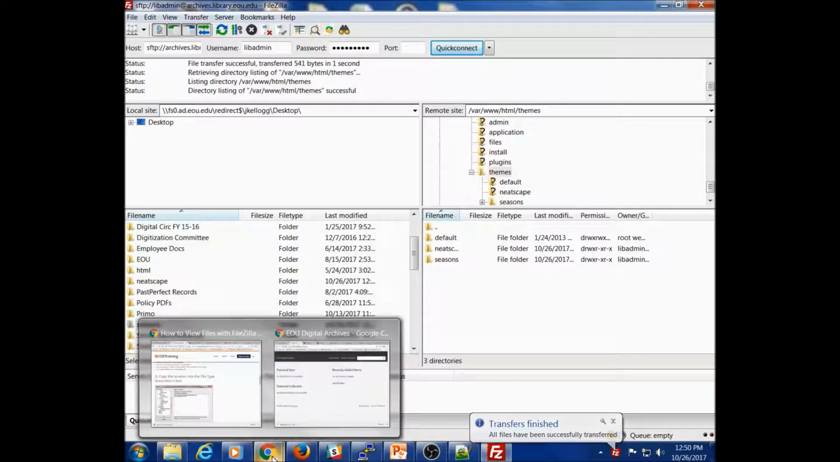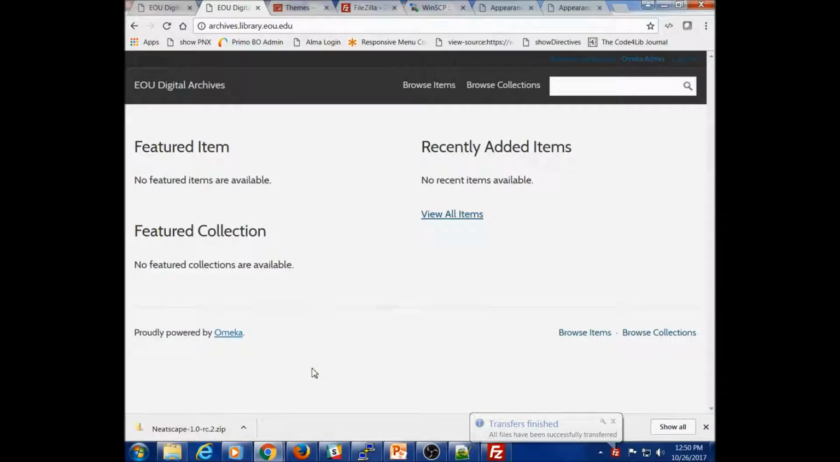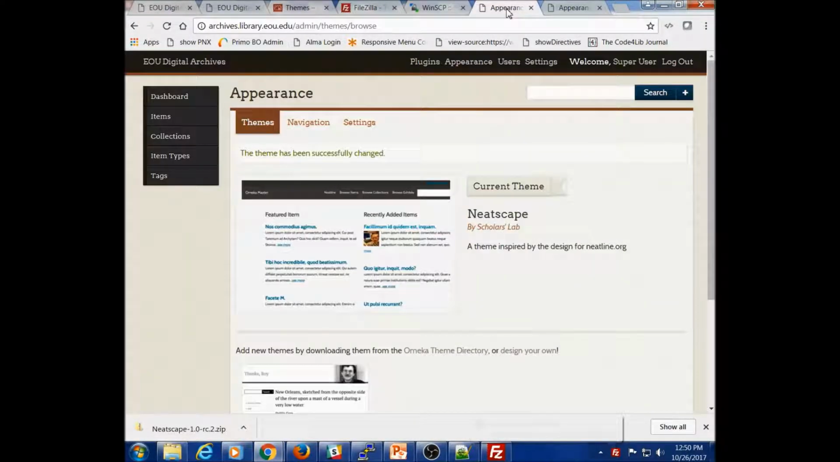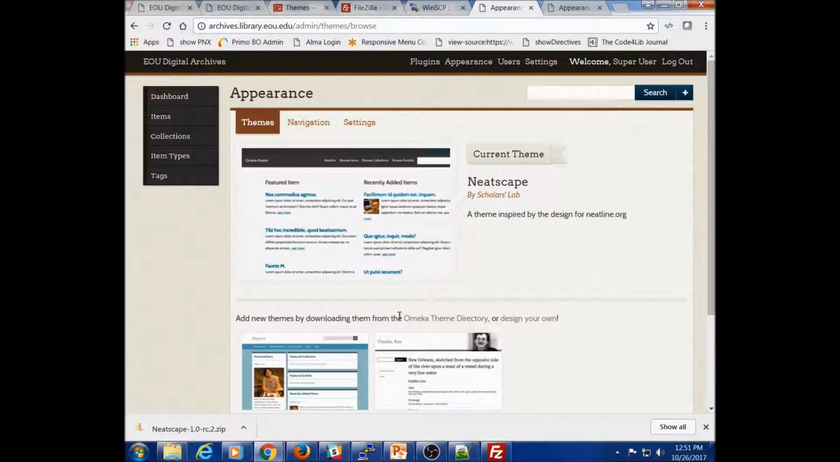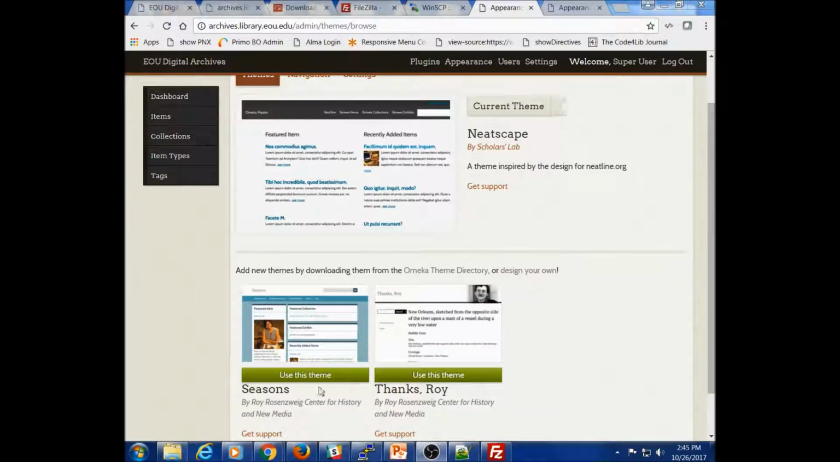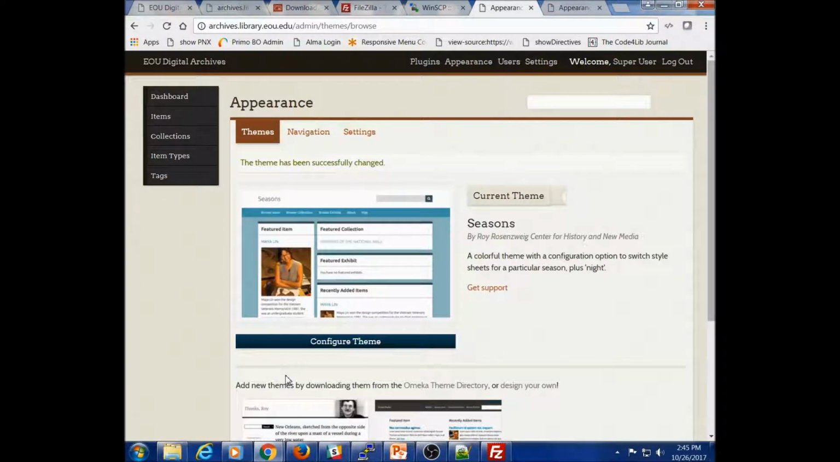So if I go to my admin module, currently we have Netscape, and if I refresh this, I now have the seasons theme. All I need to do is click on use this theme, and the theme has been successfully changed. And so now it's a matter of